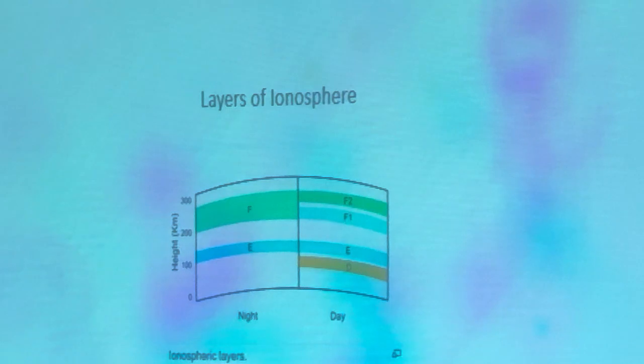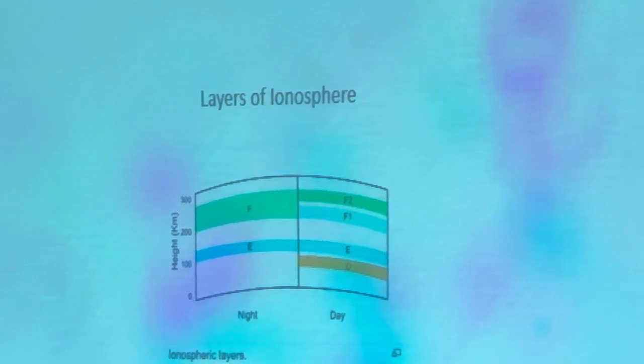Then we have the E layer. This is 90 to 150 kilometers above us. This layer is ionized by the soft X-rays and the far ultraviolet solar radiation. The E layer reflects the radio waves that are 10 meters and below. So this provides you with, when you're getting on to your 80 and 40 meters in the evening, this is the layer that reflects